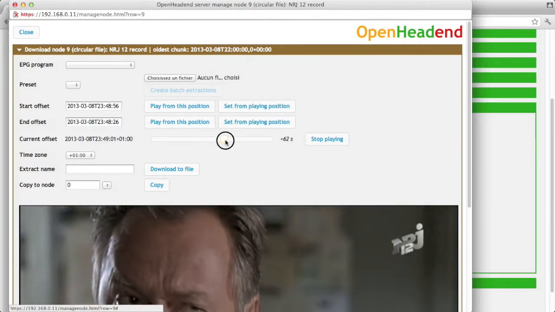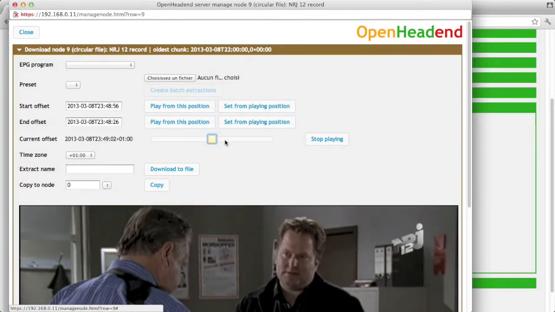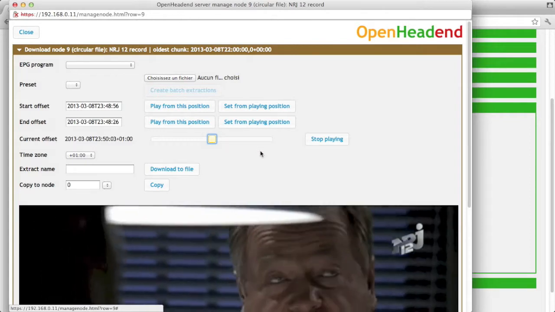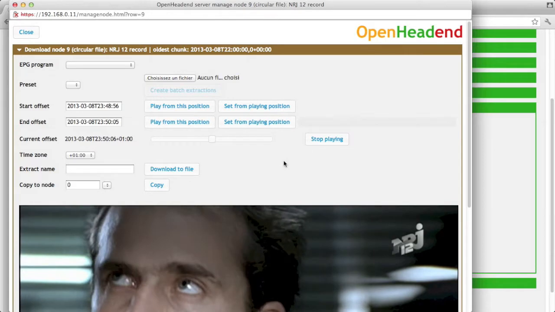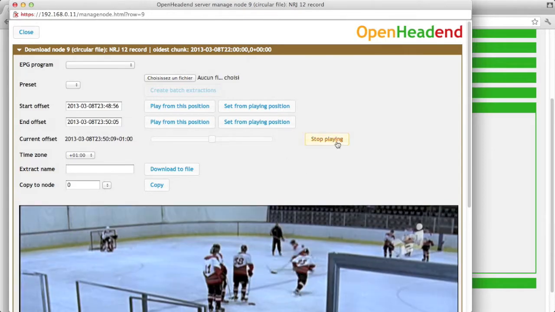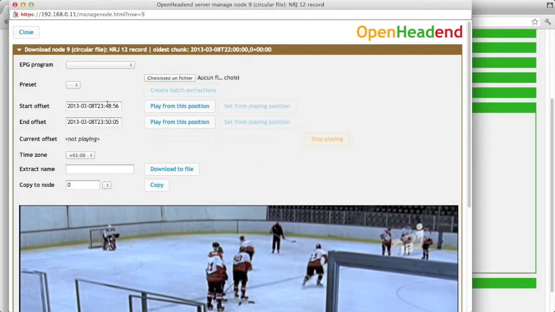Then I can move again forward, for instance by 1 minute, and I can say that this is the end of my program, so I just click set again, and I'm happy. I have the start and end offsets of my program. So now I just need to set a name for a file. If I click on download to file, it will be downloaded to the local browser here,